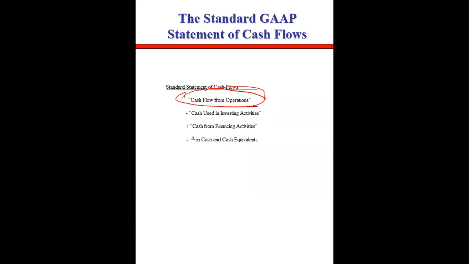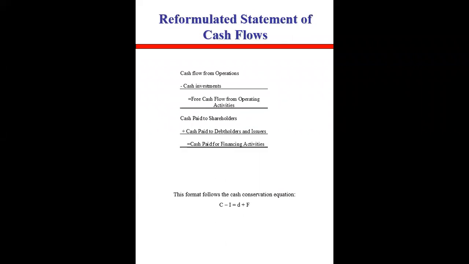Okay. So what we have mentioned is that we will see the application of the 2 methods to prepare the reformulated statement of cash flows. So you see the basic structure of the reformulated statement of cash flows. If I write it in the form of an equation, so that you can immediately relate what has been written here. You see a cash flow from operations. So if we summarize it in this way, cash flow from operations, OI. And if we summarize the cash investment in this way,